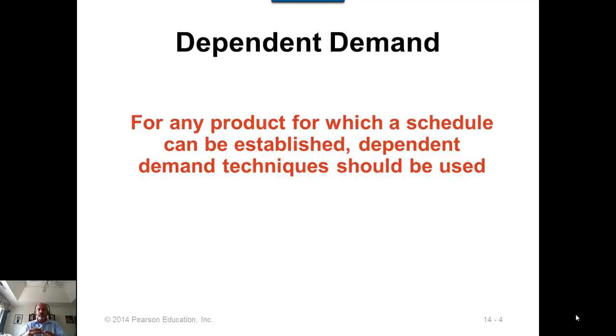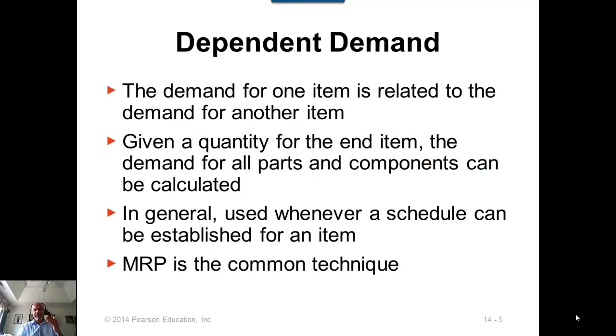In this chapter we're going to talk about the models that can be applied for dependent demand items. And the dependent demand items are items whose demand is dependent upon the schedule of other items. So one way of looking at it is the items required for the production of the final product. And also we can look at dependent demand items as items whose production we schedule based on the production of some other item. You can look at it in that fashion. So scheduling of this item is dependent upon the schedule of some other item. So demand for one item is related to the demand of another item. So that's what makes a given item a dependent demand item.